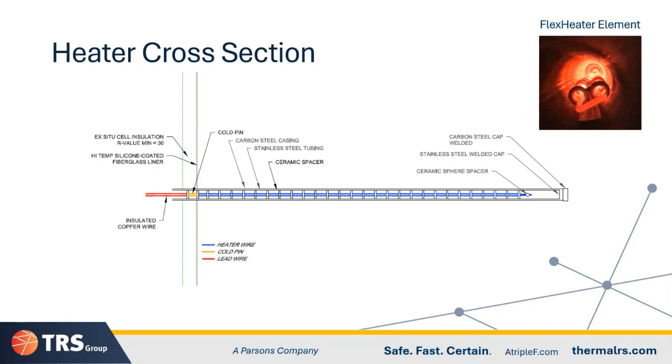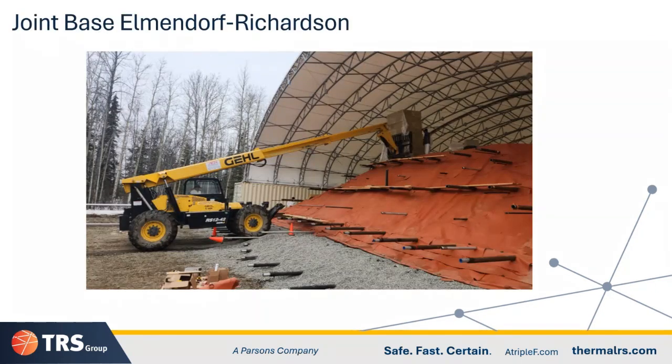And we can make these pipes as long as we want. And you see there's ceramic spacers. We don't want that wire to hit the pipe because it'll short out. So again, this is a patented design of our thermal conduction heating solution. Again, another photo of building the soil pile. And at the end of the day, we had 2,000 cubic yards of soil here. This is sort of like a rubberized silicon, easy for us to manipulate and has great thermal properties. And we're able to build in a sampling system, if you will, to allow us to collect soil samples